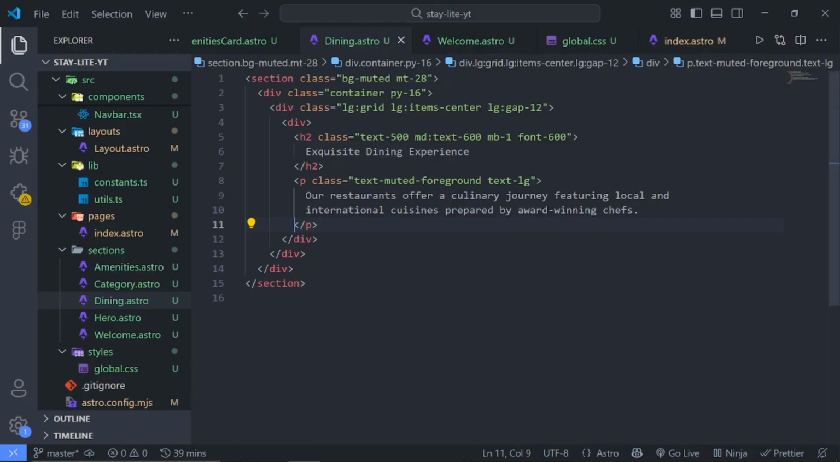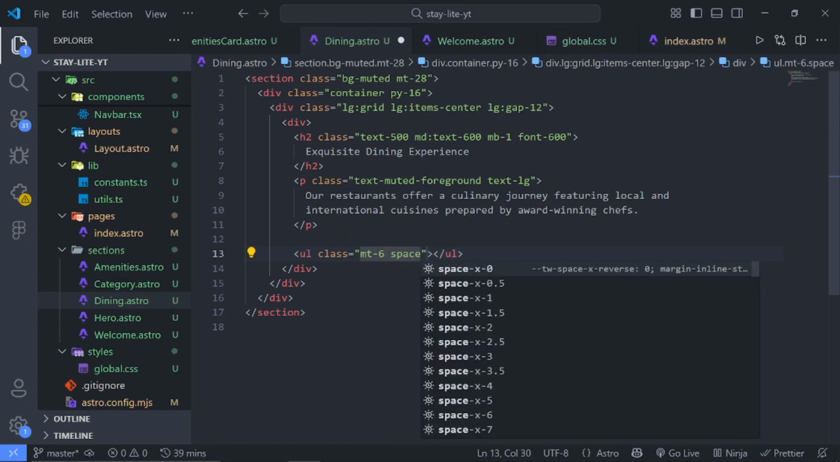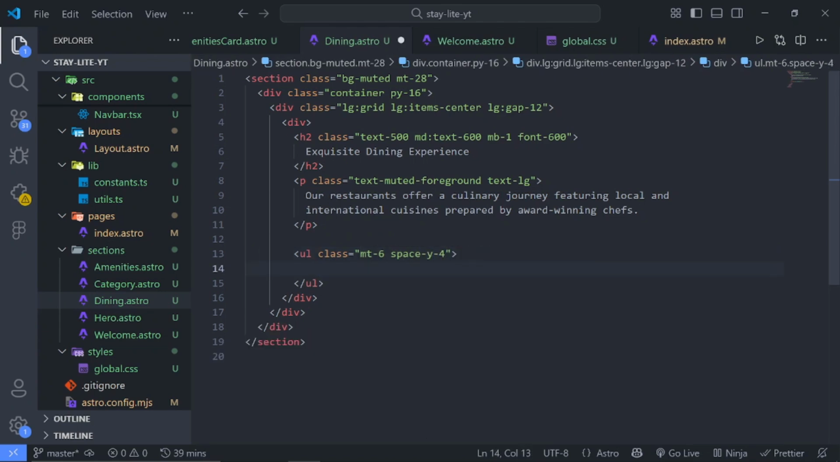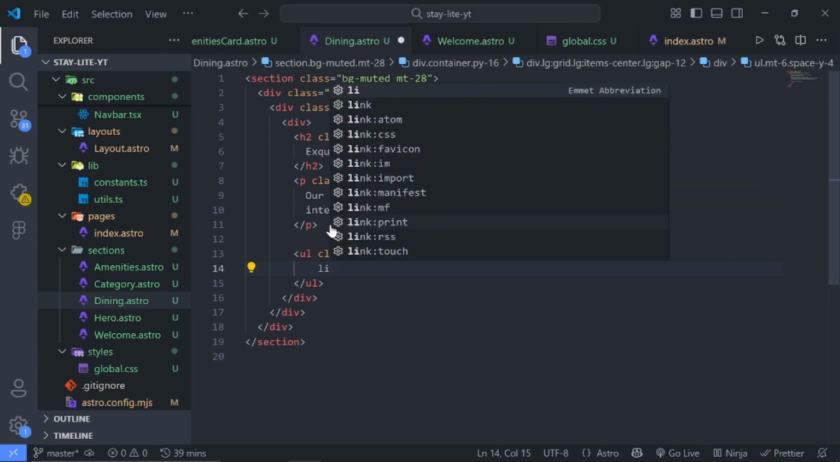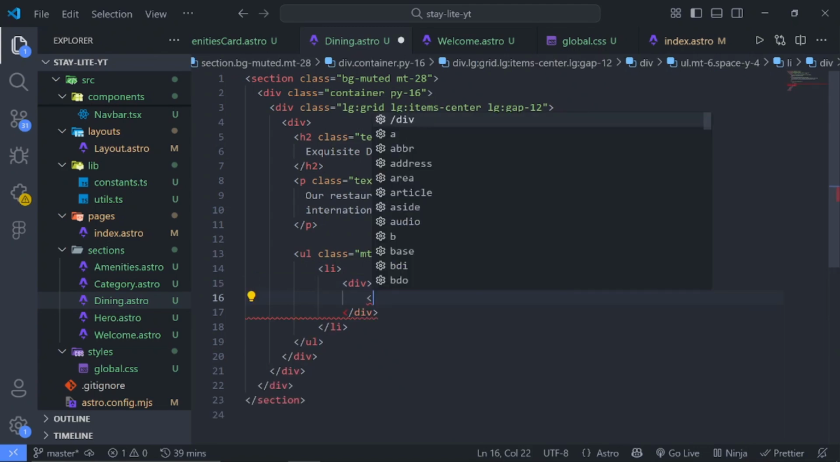So the next thing we want to do is to create this unordered list. So we'll go back and still inside this div, create an ordered list. This will have a styling of margin top of 6 and a space y of 4. And for each of the li tags, we'll give it a div, and inside that div we'll add the check